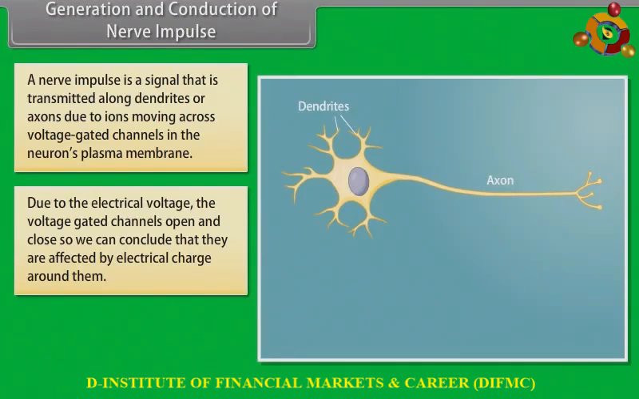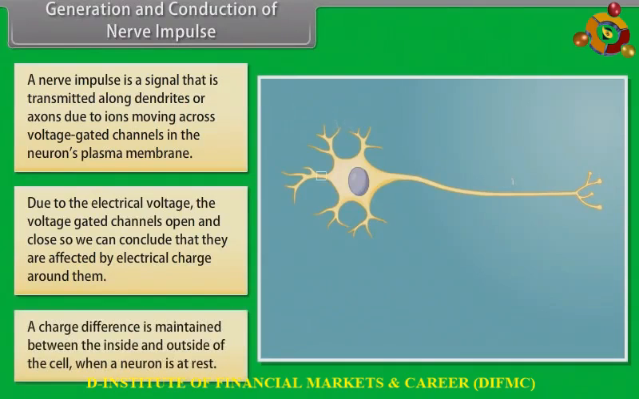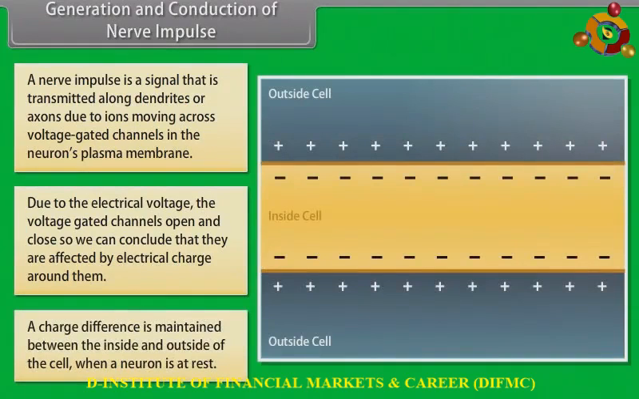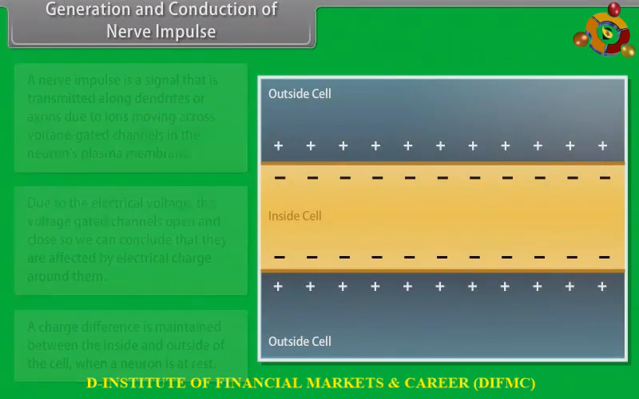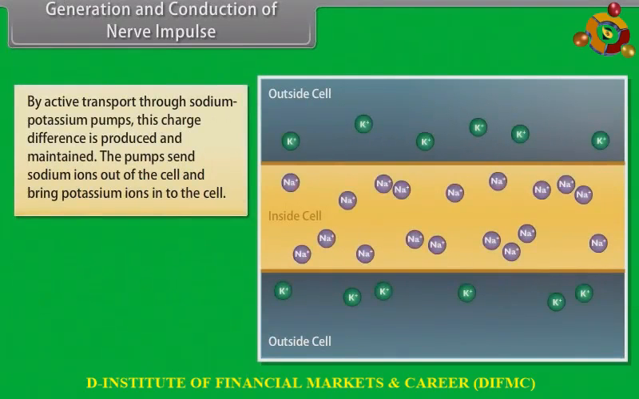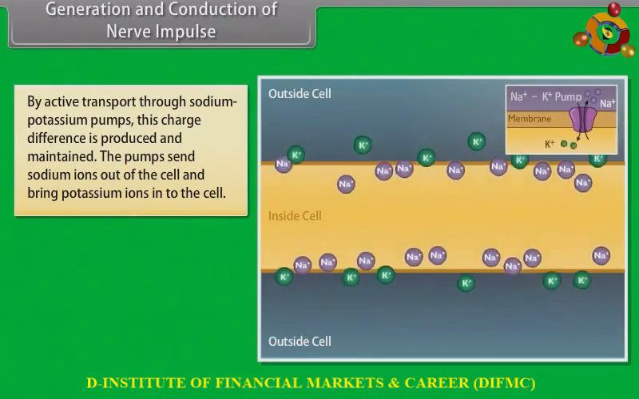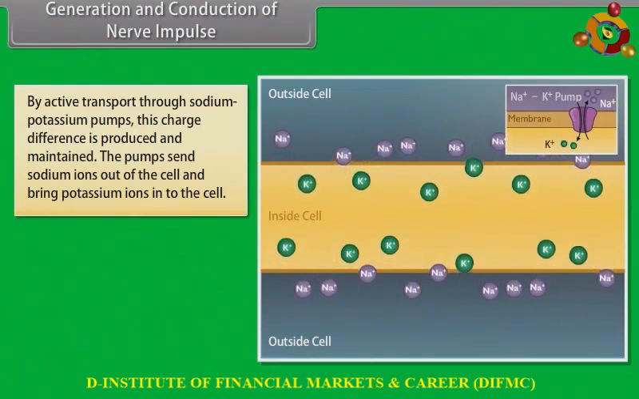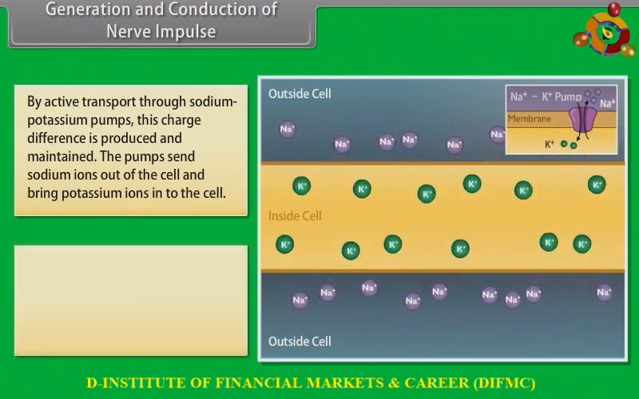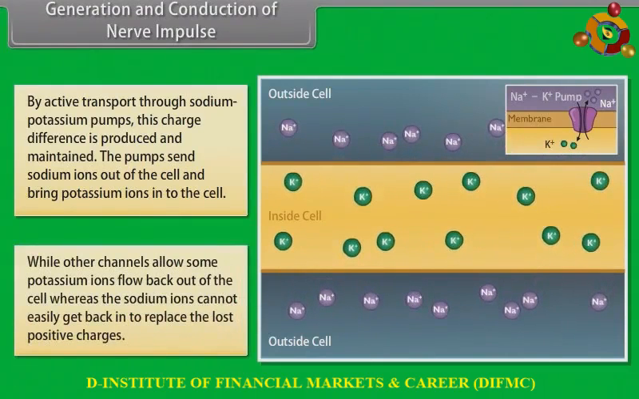electrical charge around them. A charge difference is maintained between the inside and outside of the cell when a neuron is at rest. By active transport through sodium-potassium pumps, this charge difference is produced and maintained. The pumps send sodium ions out of the cell and bring potassium ions into the cell, while other channels allow some potassium ions flow back out of the cell, whereas the sodium ions cannot easily get back in to replace